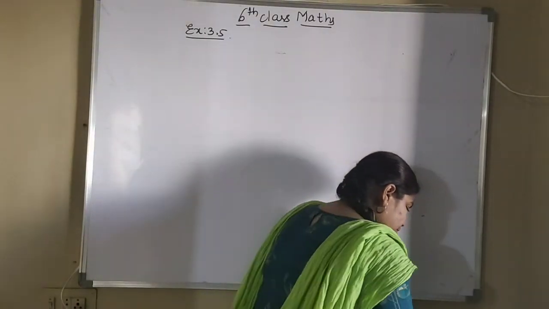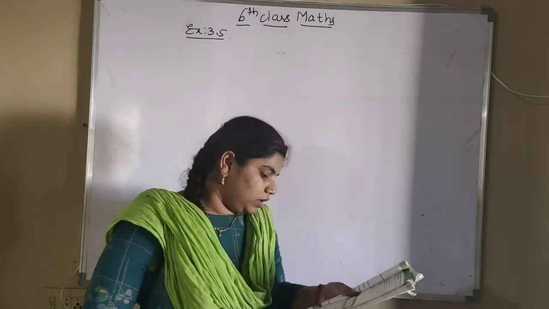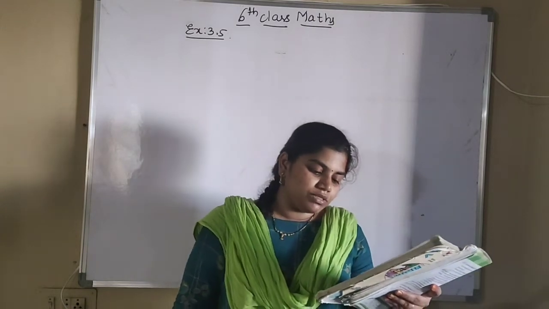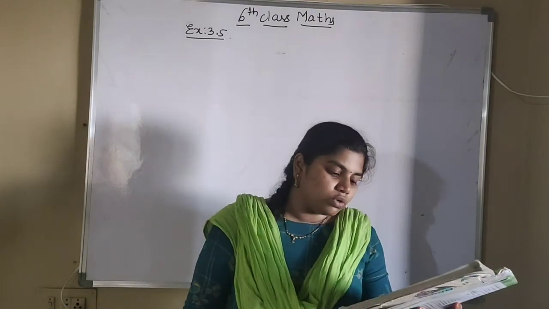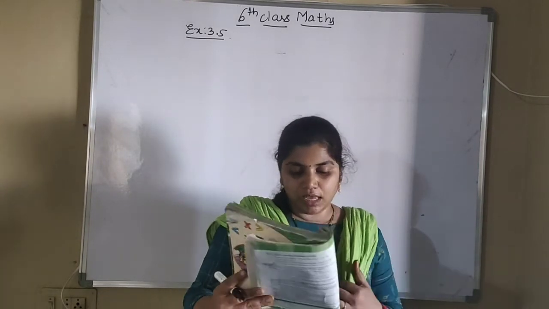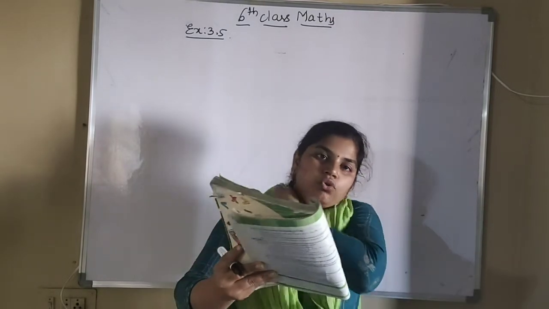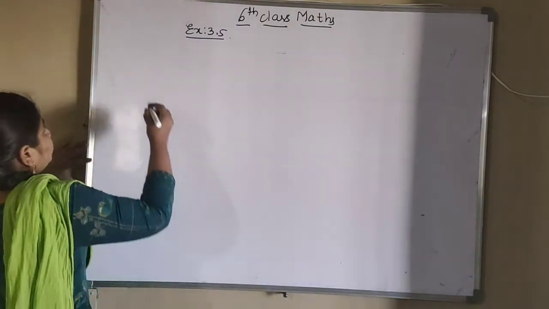So what is that? Prasad and Raju met in the market on 1st of this month. Prasad goes to market every 3rd day and Raju goes every 4th day. On what day of the month will they meet again? So again on which day they will meet we have to find. So here the day on which Prasad and Raju meet